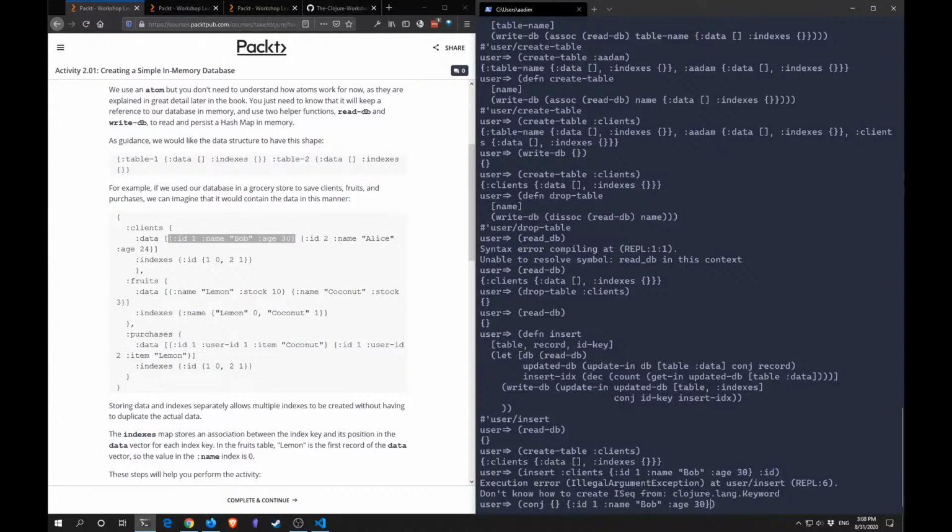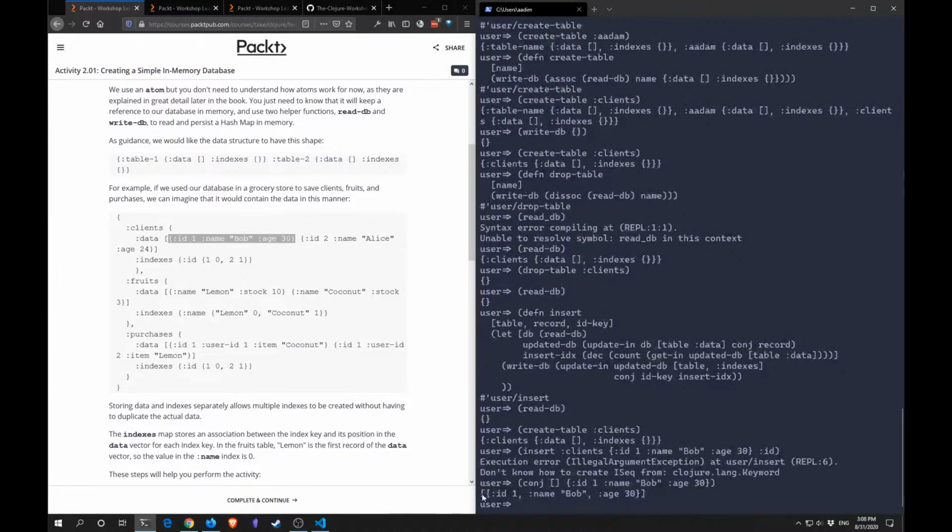Now we don't want to conjoin it to it, we want to add it to a vector, and yep, it's working fine, so there's no problem here, I guess. Insert index should also work fine. I think the problem is in